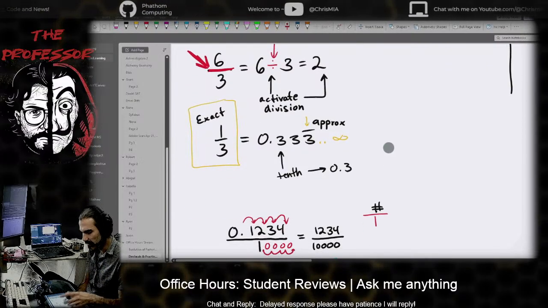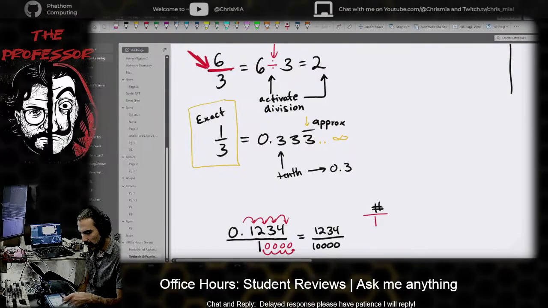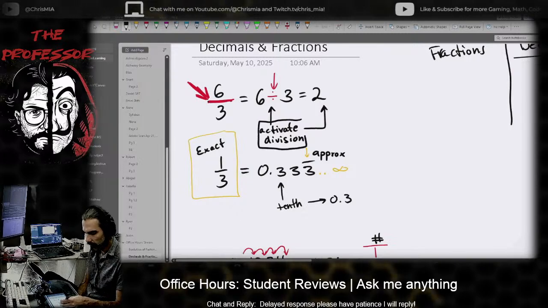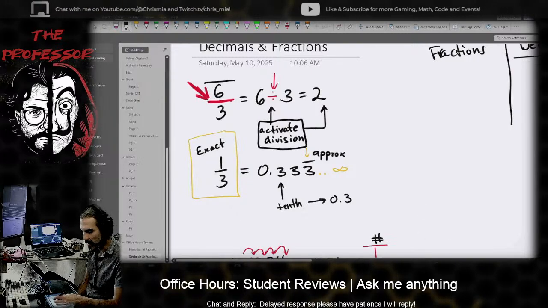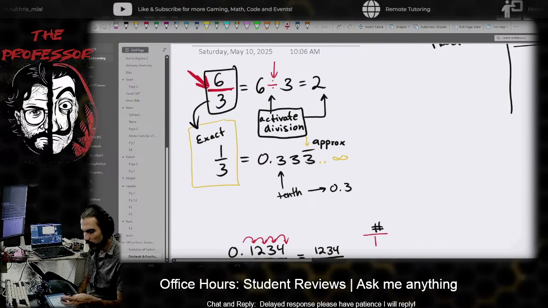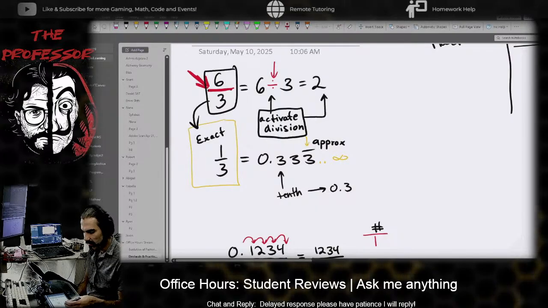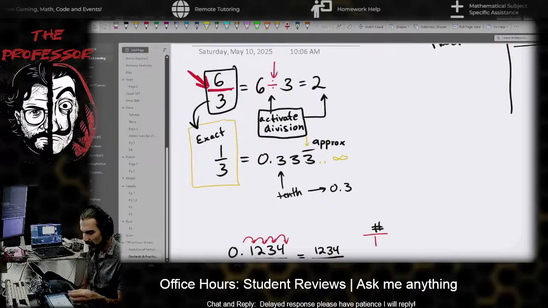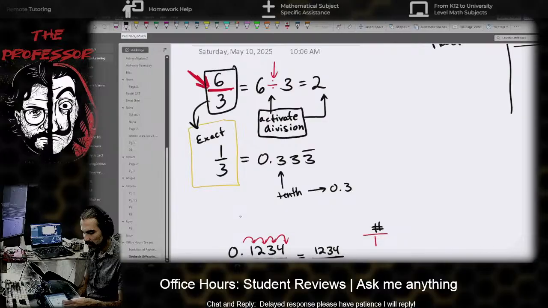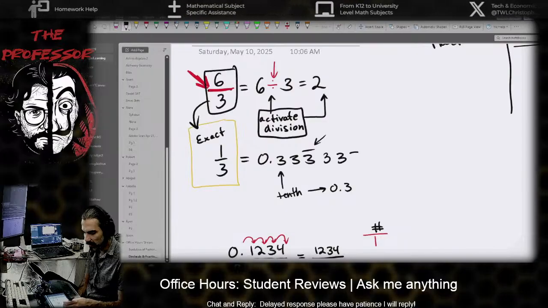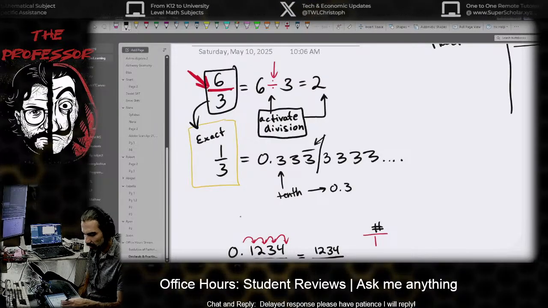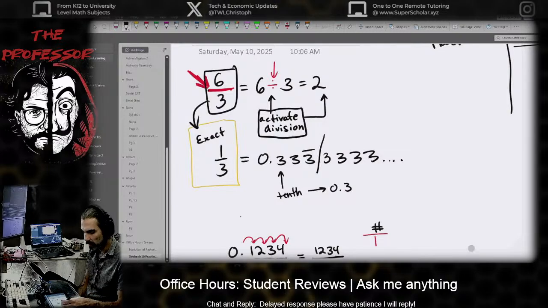And the next thing I was mentioning is that we don't necessarily always activate division. We sometimes keep things as fractions, like 1 over 3. If we activate that division, we're going to get a decimal that never really ends. This bar would mean that this actually does just keep going forever. So we stop it at the bar and we say, hey, this bar is a representation of a